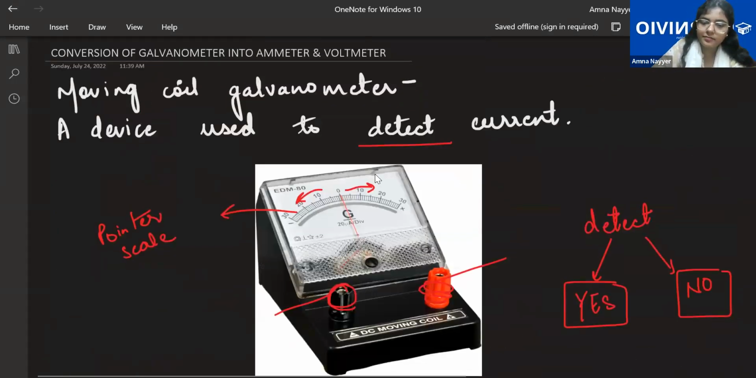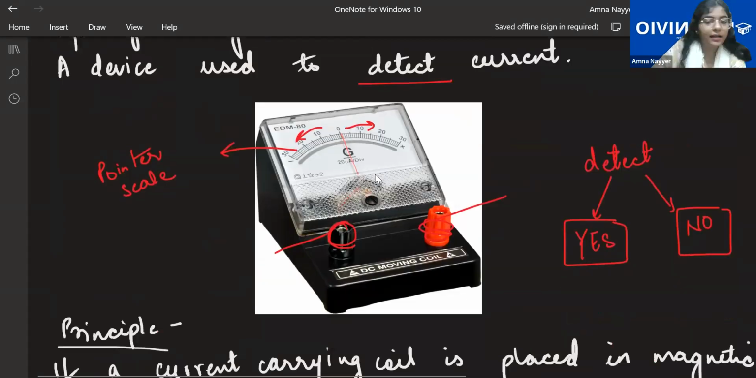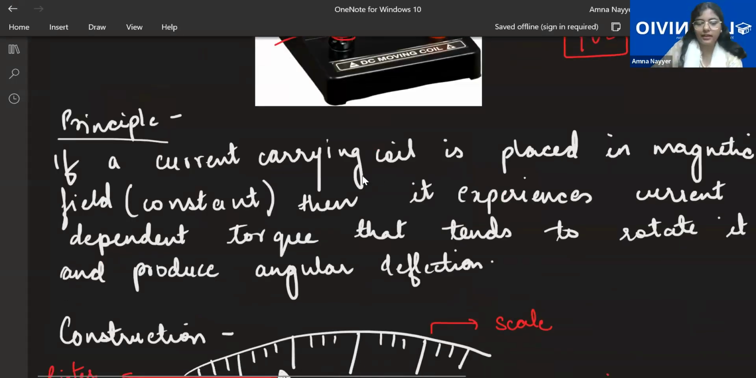Is this clear? Yes, ma'am. Now let me tell you what's the principle behind it. It says that if a current carrying coil